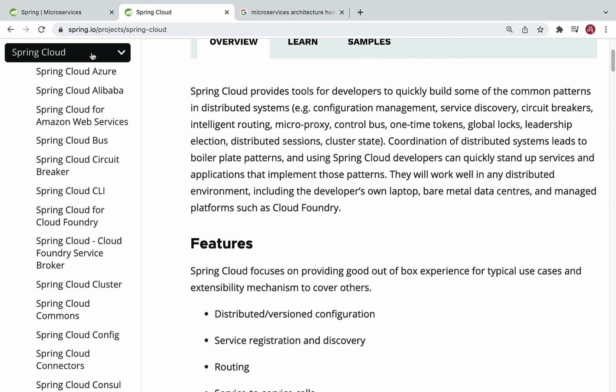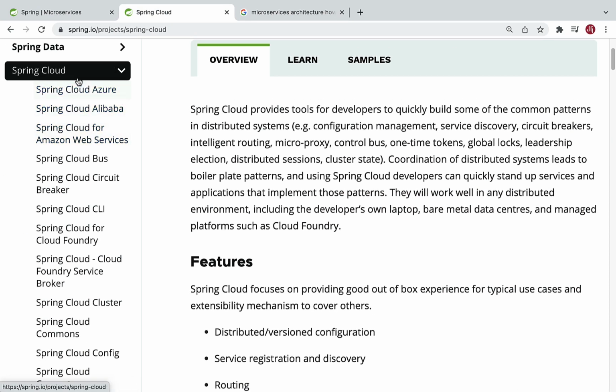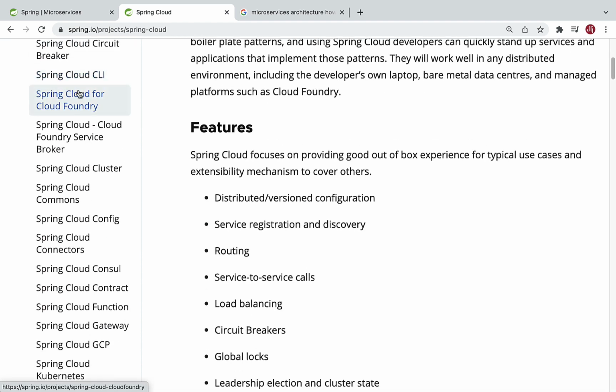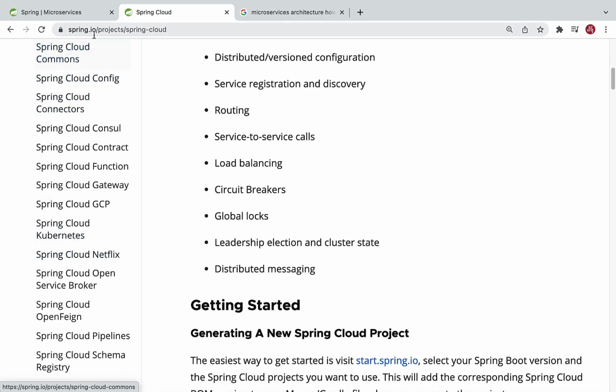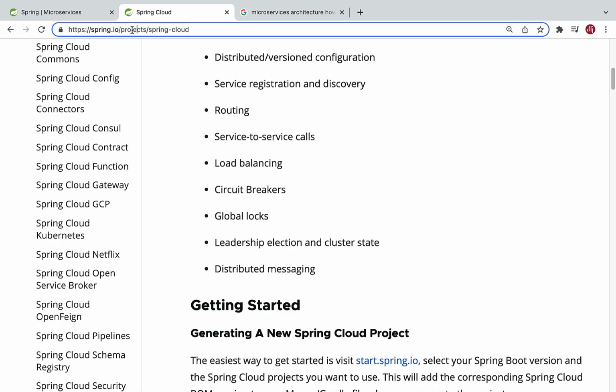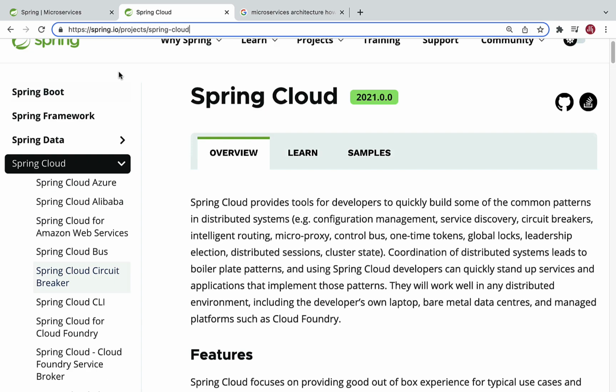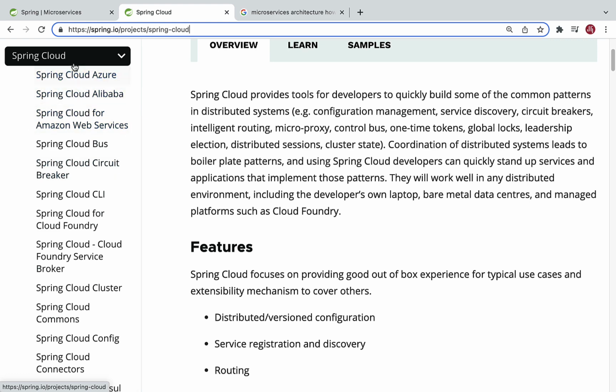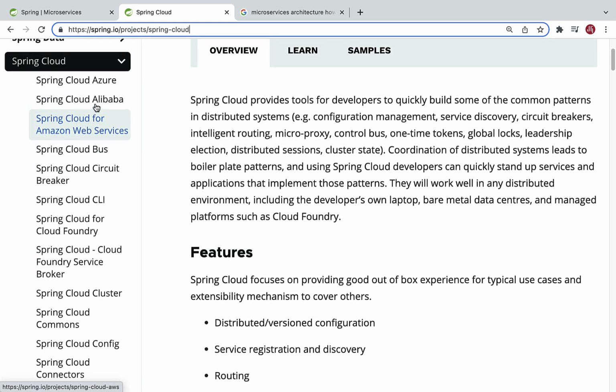Apart from these Spring Cloud modules, you can go ahead and check out all the Spring Cloud modules in the official documentation of the Spring framework, at spring.io/projects/spring-cloud. This is the page which contains all the Spring Cloud modules. Basically Spring Cloud provides all these tools for developers to quickly build some of the common patterns in distributed systems. For example, a few more important Spring Cloud